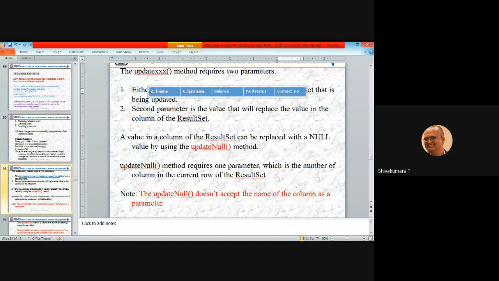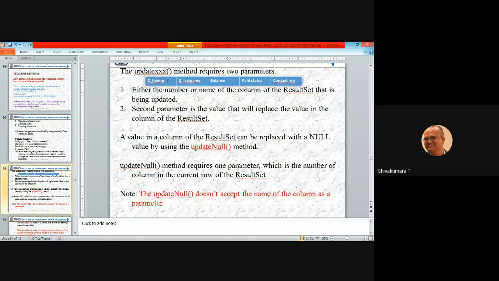Suppose it is a table, what is the position of CF name? Index number 1. C last name, index number 2. What is the contact number index? 1, 2, 3, 4, 5. Fifth index number. Either you represent the column in the form of a number, which is an index number, or the name of the column.